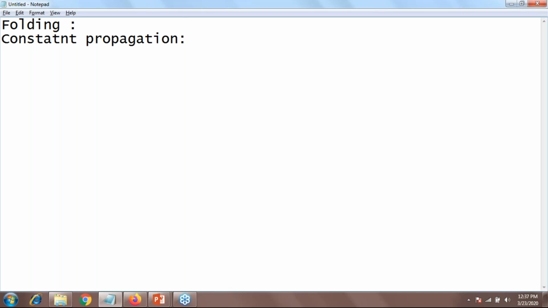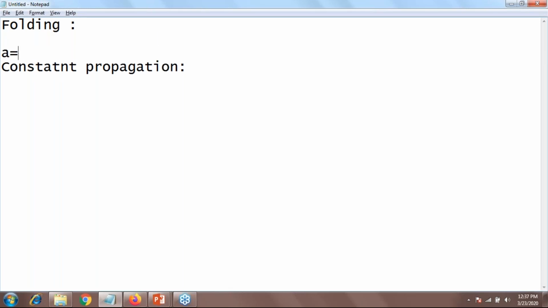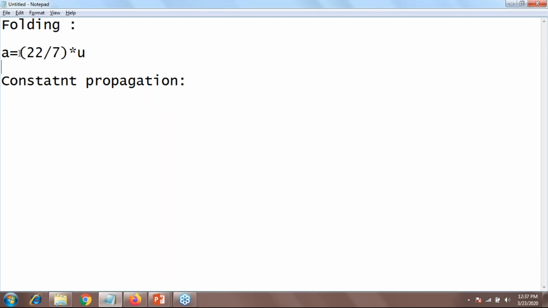Why? Because if we use the constant folding method and the constant propagation method, our code is something like A equals 22/7 multiplied with some U. That means we can easily divide 22/7 as 3.14.